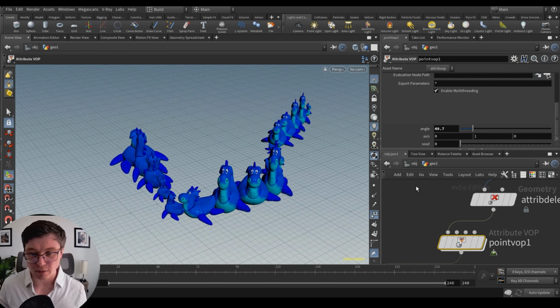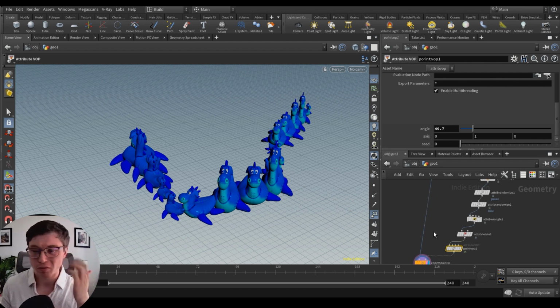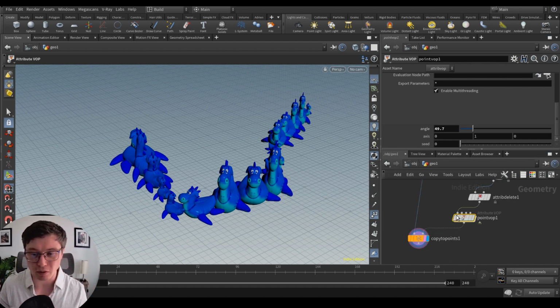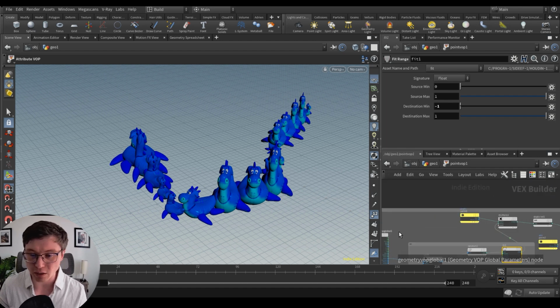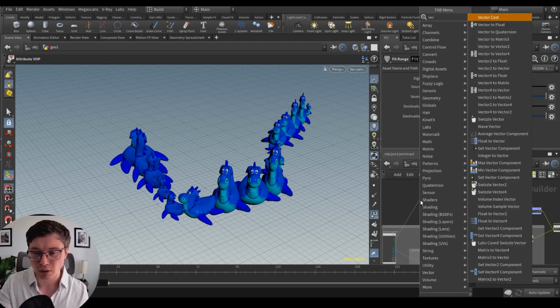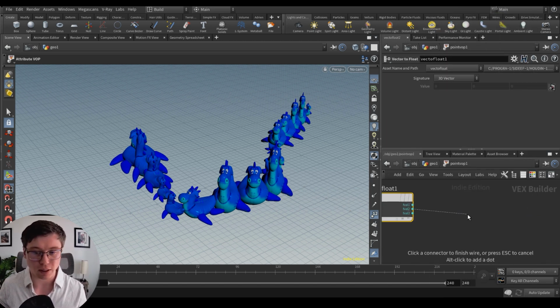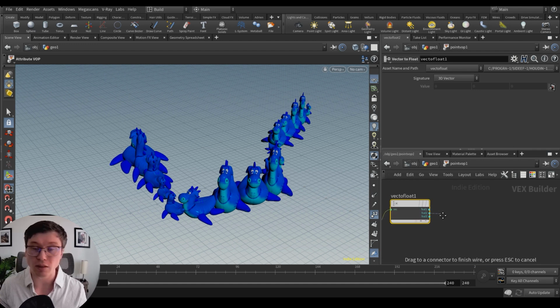If you understand that, that's pretty much all you need to understand in terms of manipulating attributes. With just that, you are able to control the scale, control the rotation. What else? If you need to displace stuff, obviously you can use the P attribute. So we could use vector to float, and with that, we could add a custom random number in Y.